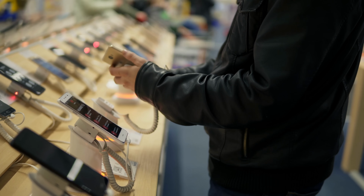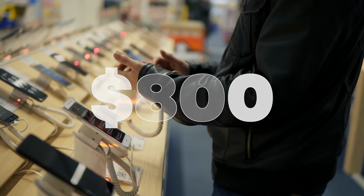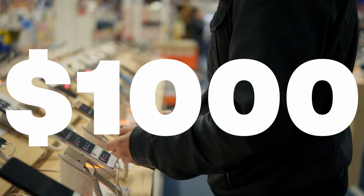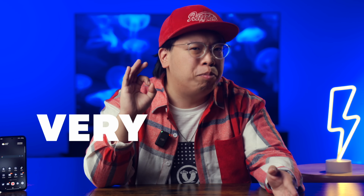Not everyone wants to or even can spend $800, $900, or even $1,000 for a smartphone, and brands absolutely have taken notice. The lines of perceived quality between mid-range and entry-level flagships are currently very blurred. As a result, depending on what you require of a smartphone can seriously make you question whether or not you